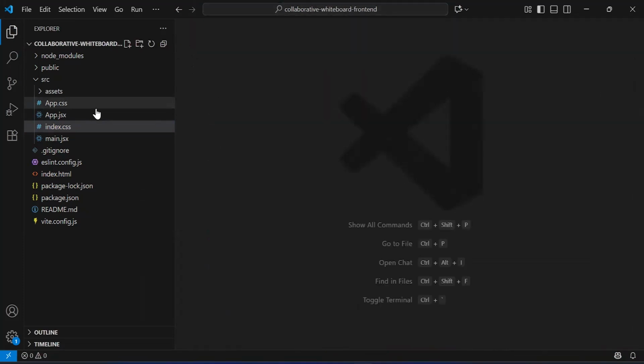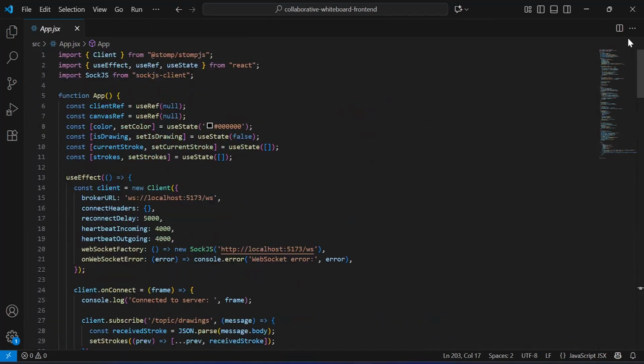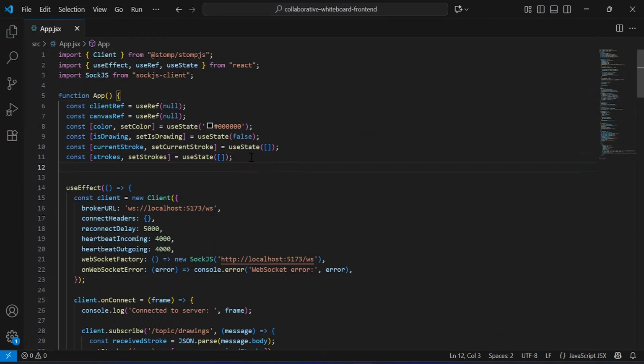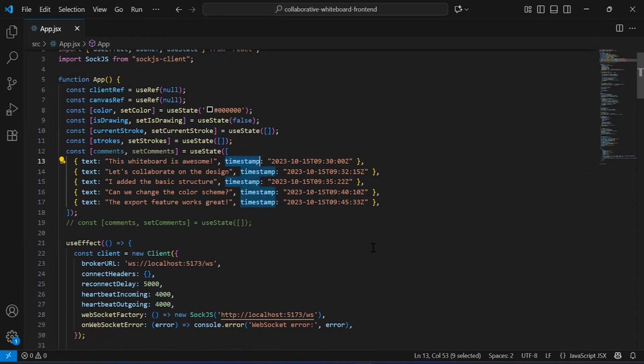After that, let me open here app component. Let's scroll on the top. Inside the app function, let me add here the useState for comments. Inside the array, we have a few hard-coded comments with a text and the timestamp. After adding the useState,